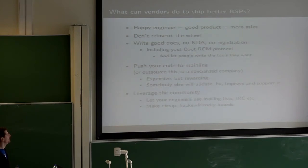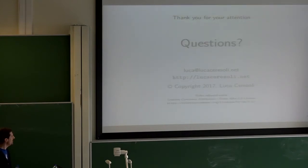Okay, that's all. Yes, question? Okay, I think the man was first. Do you have an opinion on which vendor is best, if you look at the previous slide? So the question is, do you have an opinion about which vendor is best? Well, I don't want to advertise, and I definitely don't have a complete view of the market, but basically